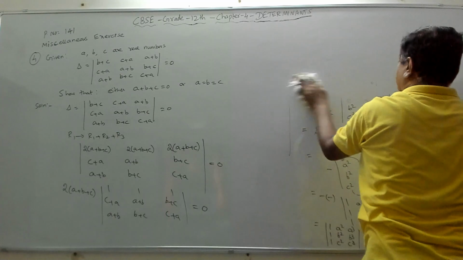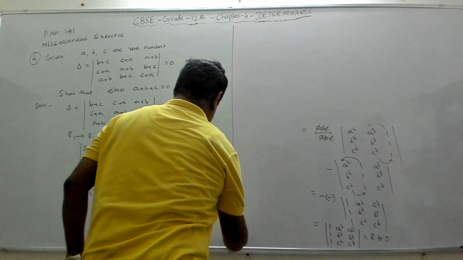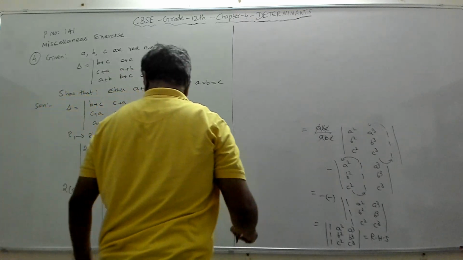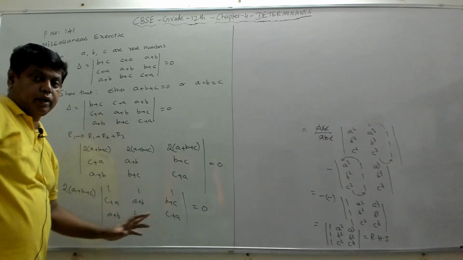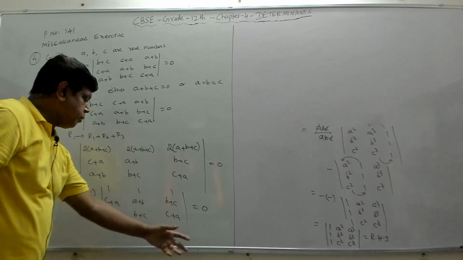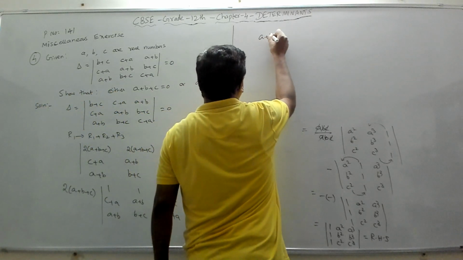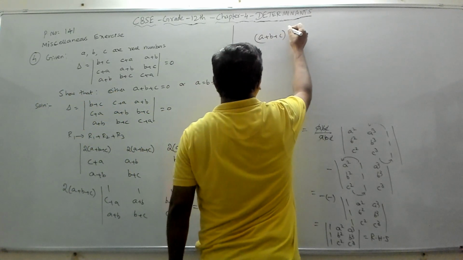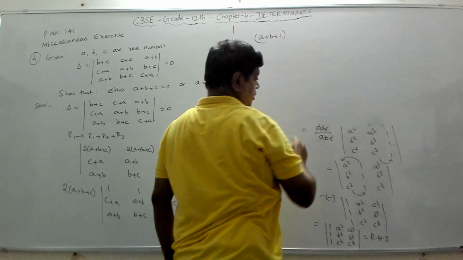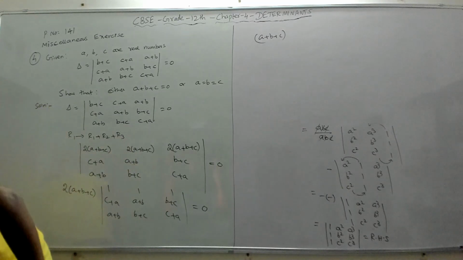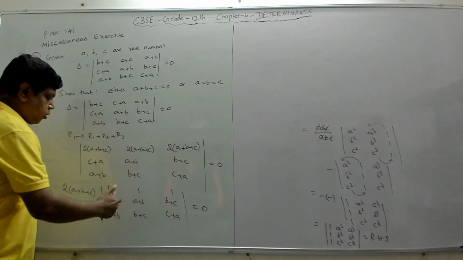So if I erase this, if I put a line here, then this 2 will go to this side. The a plus b plus c will not go this side. Only 2 will go this side. So 0 by 2, so 2 will be gone. So we will just have only a plus b plus c into the determinant. That's been understood.